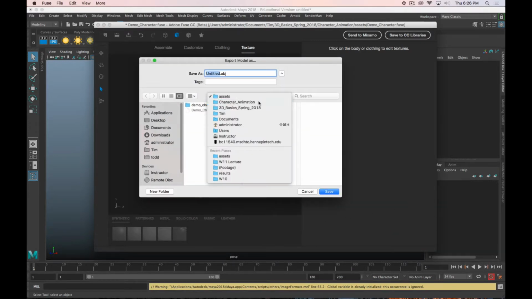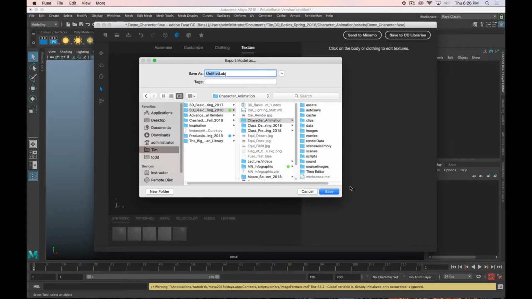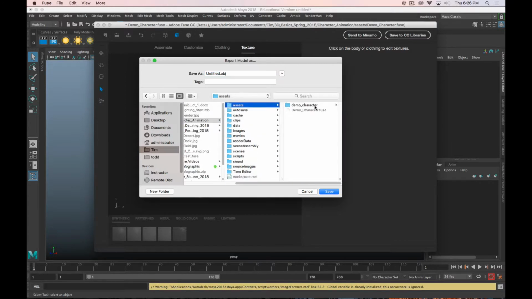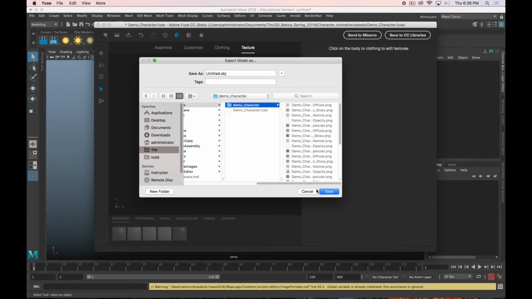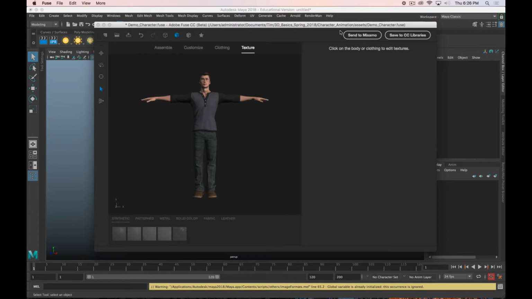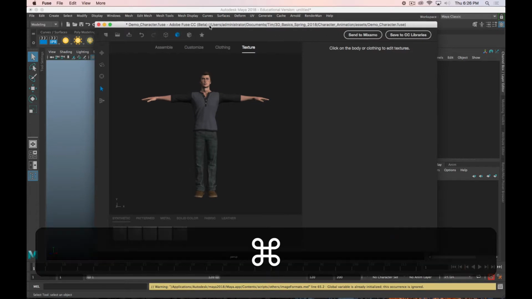Once we do that, we want to choose where to export it. I created a new project folder in Maya called Character Animation. So I'm going to export this to the Assets folder. You can see I've already done that. So I'm going to hit cancel, but then you would hit save. Once you do that, you can quit Fuse